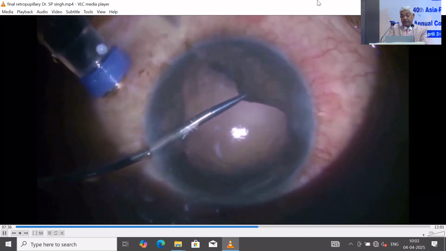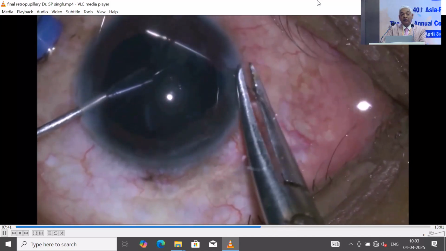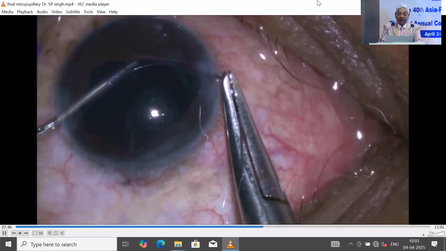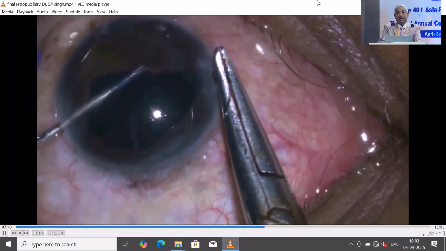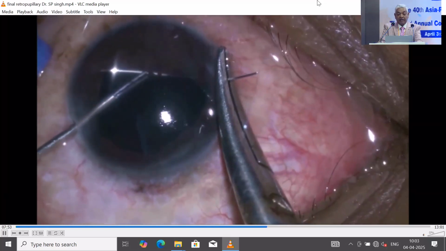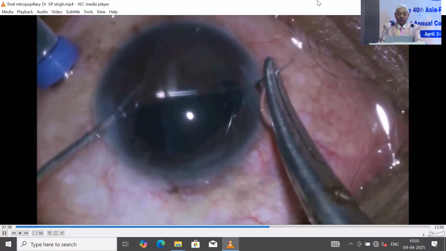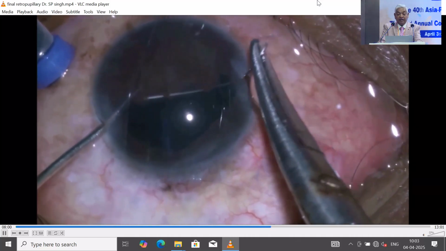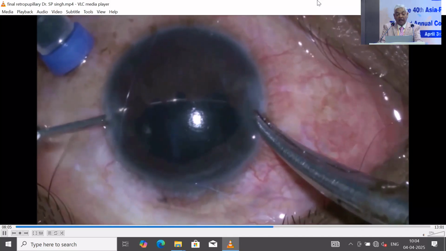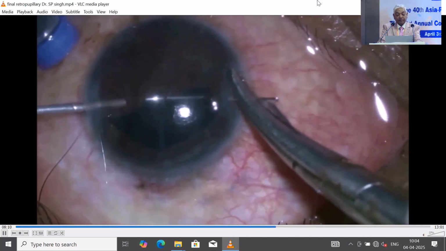So in this case, again, there are various techniques. I am again in the closed chamber, showing how to do this circular technique. Make the side ports at different places, take this long straight needle with 10-0 polypropylene suture, and throw this all around. Take it again in the margin, 0.5 mm away from the margin, and at different places you have to take multiple bites, and then externalize this needle at another end of the side